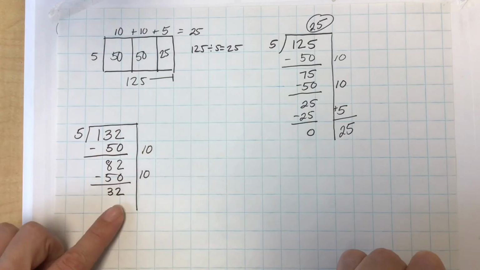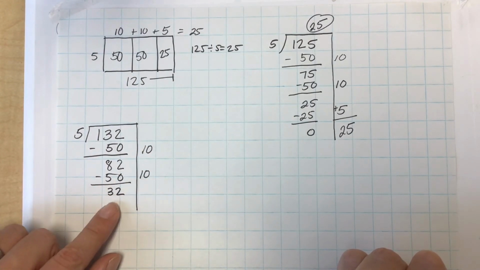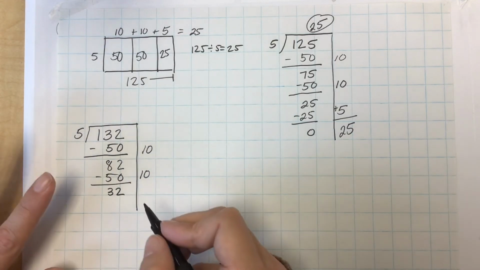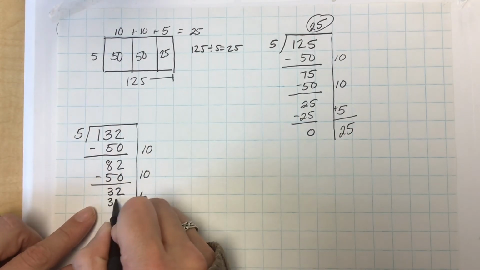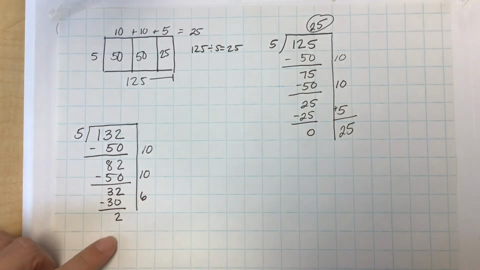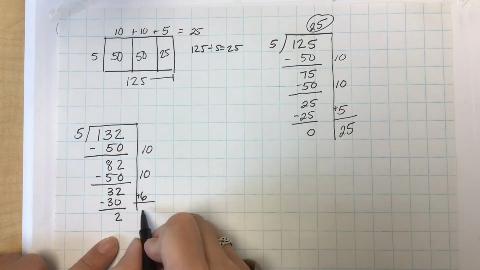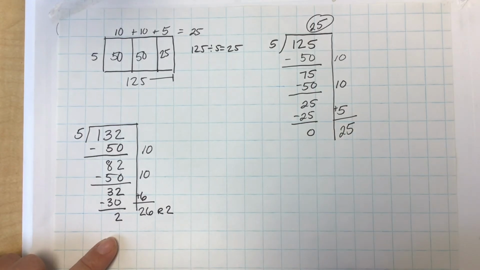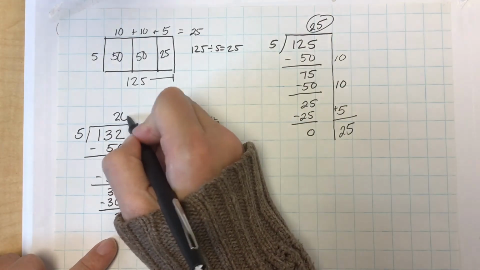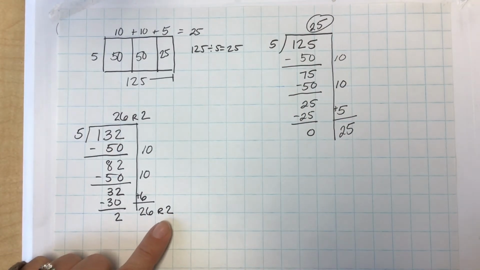Okay, 32 left over. I can't do another group of 10 fives because that would be too much. But I do know that 6 times 5 is 30, so 6 fives are 30, and that leaves me with the remainder of 2. So my answer here is 26 with a remainder of 2. 26 R2. And we can learn other ways to deal with this remainder when we get farther into division, but